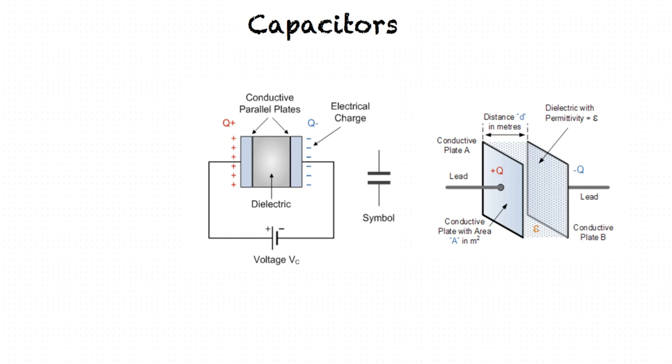For example, think of a rechargeable battery inside a cell phone. This battery is like a capacitor. An energy source charges it, and then when the source is removed, it dissipates its energy to power the cell